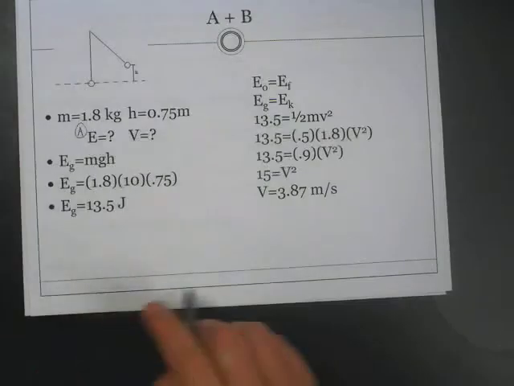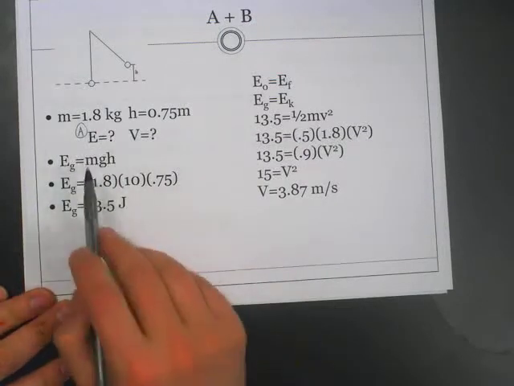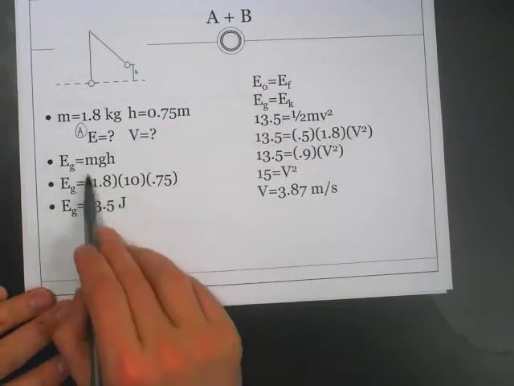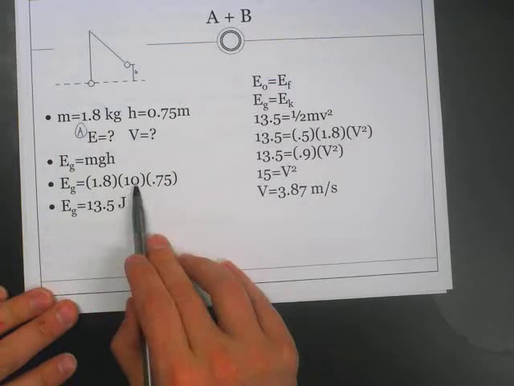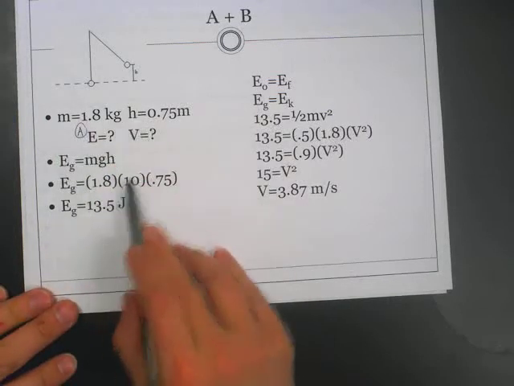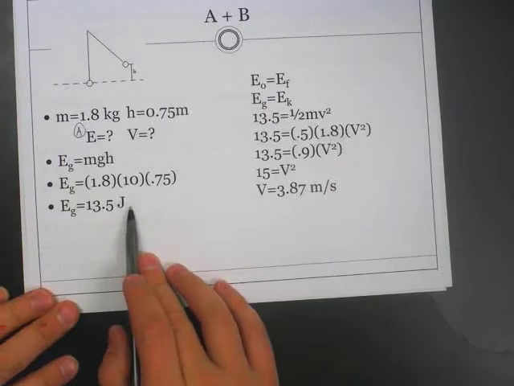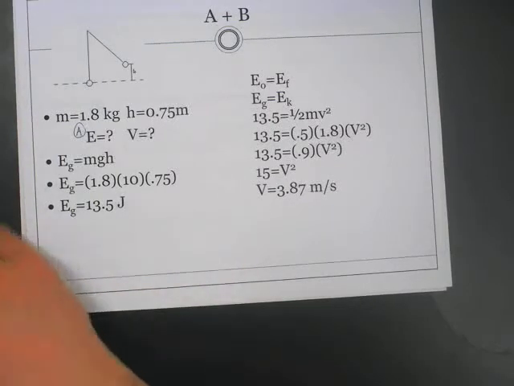So, for that, we're just looking at what the energy is. The energy is mgh, the type of energy we're dealing with, potential energy. The equation is 1.8 times 10 times 0.75. Mass, g, and 0.75. So that is going to be there. Okay? And then part B asks us,